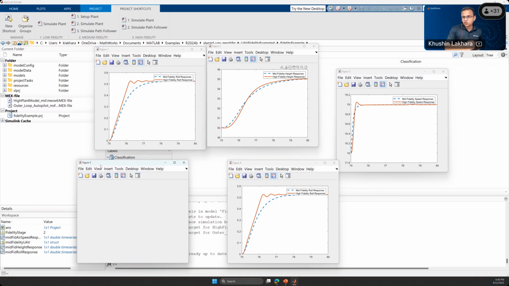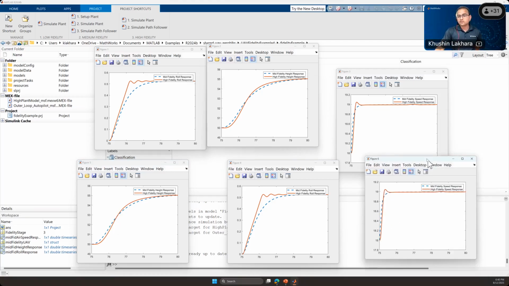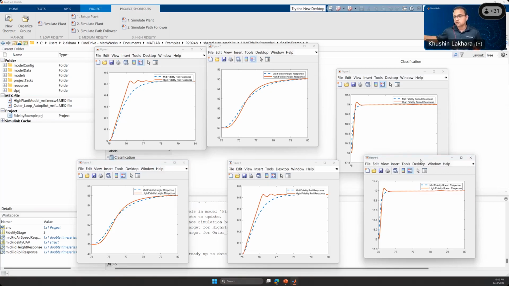So there is always an area of improvement, and you bring your flight vehicle close to reality. Even when your high fidelity simulations are done and you fly the vehicle, you may find that due to manufacturing deficiencies, data acquisition changes, or maybe environmental factors, your performance may change. So there is another option to capture all this flight data from your vehicle and compare your simulation model and flight model. If any team is interested to work with us on this, please feel free to directly reach out to me on LinkedIn or